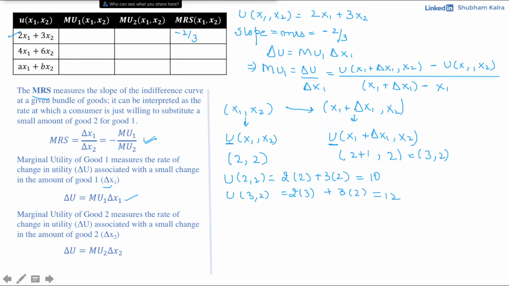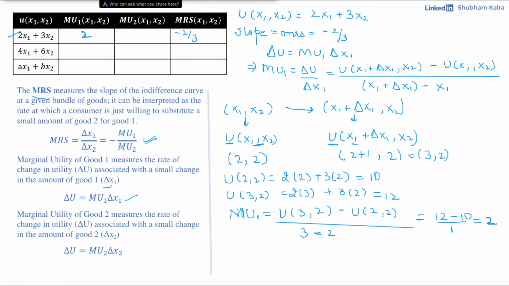Thus our marginal utility for good 1 is equal to this minus this, which in our numerical case would be utility of 3 comma 2 minus utility of 2 comma 2 divided by x1 plus delta x1, which is your 3, minus x1, which is your 2 in this particular case. So this would be 12 minus 10 divided by 1, which is equal to 2. Thus your mu1 is 2. If we change the amount of good 1 by 1 unit, your utility changes by 2